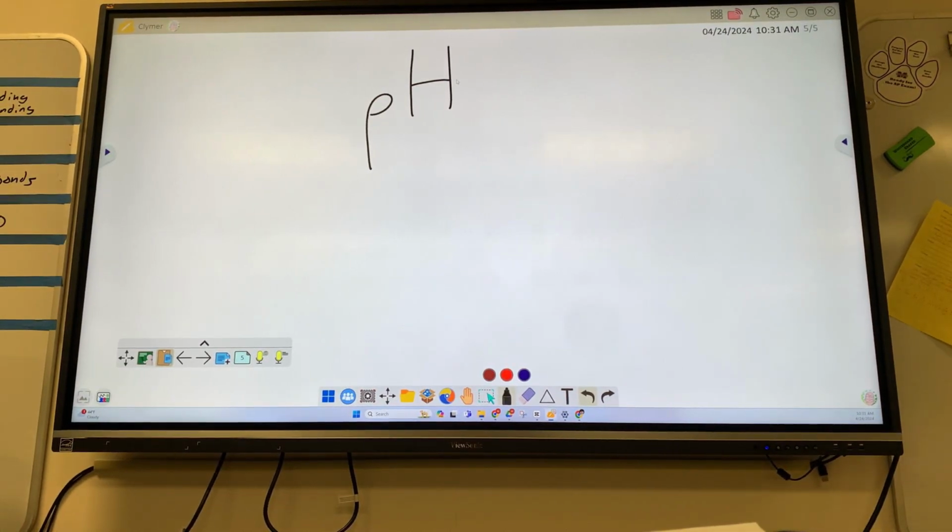Today I want to unpack something obviously very related to acids and bases, and that is pH. That is what you've always heard about acids and bases. That is the scale that goes from 1 to 14. It is related to the concentration of those H+ ions, which we talked about yesterday. So I want to unpack what exactly pH is, why we use it, what it's useful for, and so on